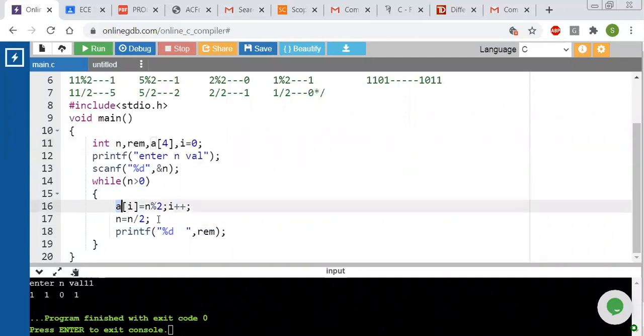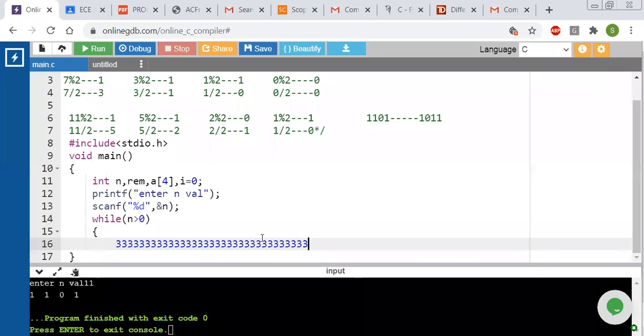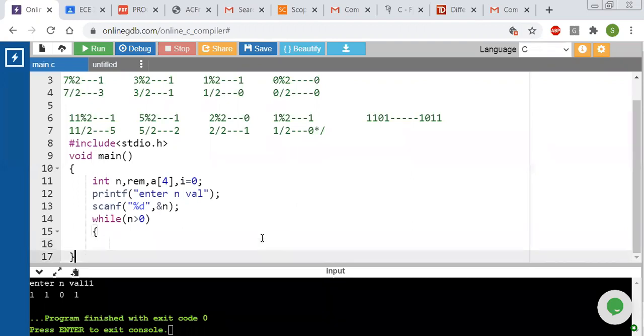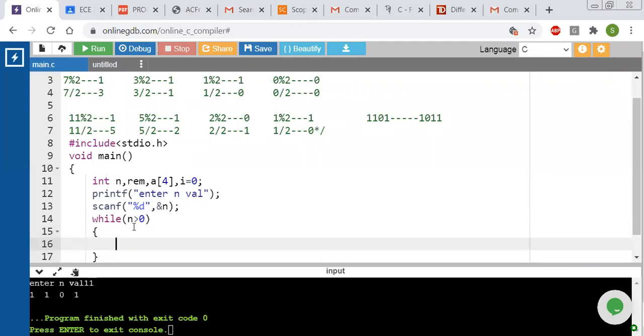I will repeat the statements once again. Just try to understand. First, we have to find the remainder. The remainder is n mod 2.